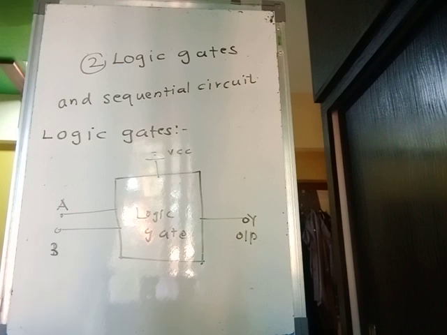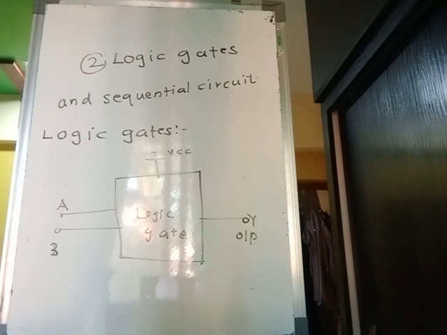So a logic gate can be constructed by using switches. You know the switches. We have different kinds of switches on our board. Like when we want to switch on different kinds of electronic gadgets, then we have the switches on and off, then relays, then vacuum tubes, transistors and diodes. These are the different electronic circuits, and when we want to give the input to this electronic circuit, then to give the input we have the switches. So these logic gates work as a switch to the electronic gadget.